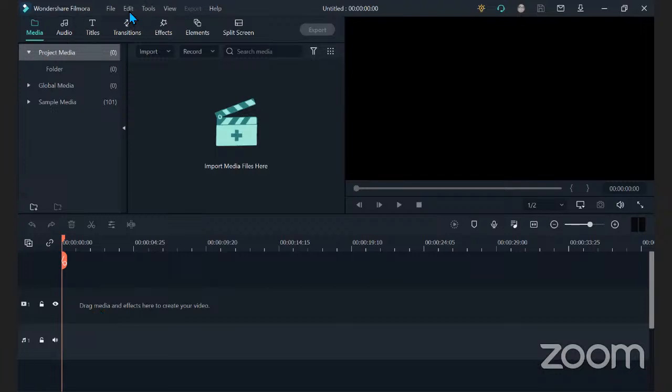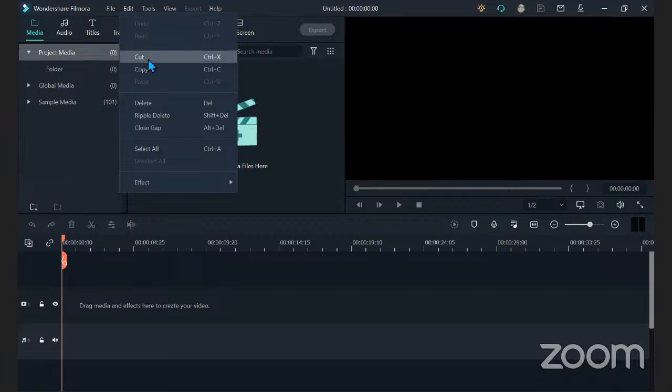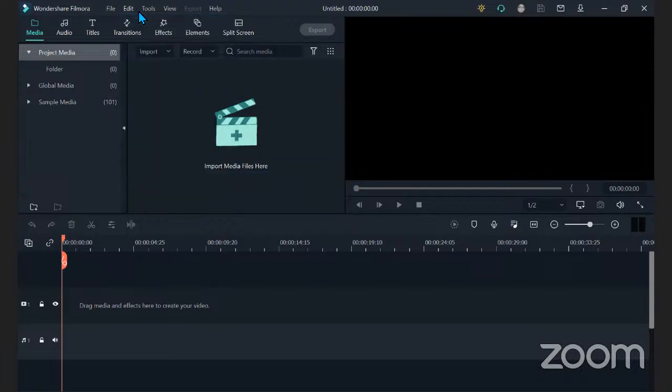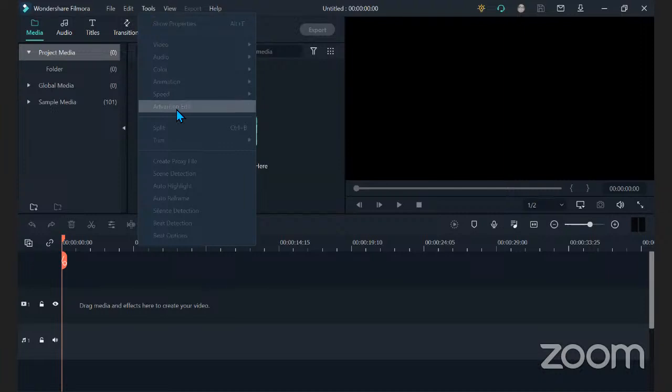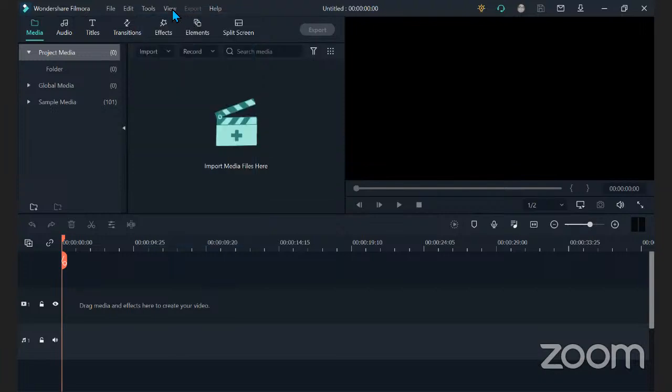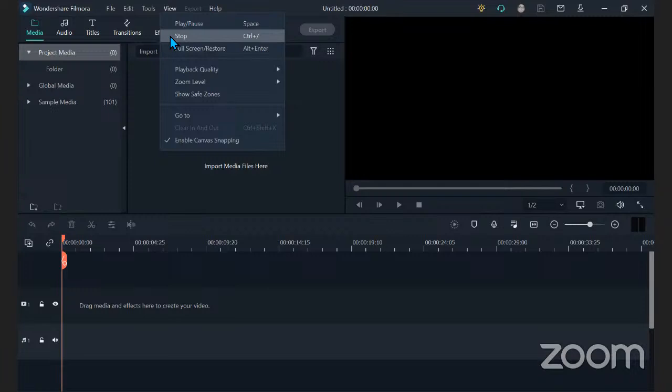So, after this, it's edit, again, cut, copy, delete, those ones which we do normally in other ones also. Then these tools, why are they not highlighted right now? Because there is nothing in the project. If there was a project, then it would have been highlighted, and we would see that. Then view, again, play, pause, stop. So all these